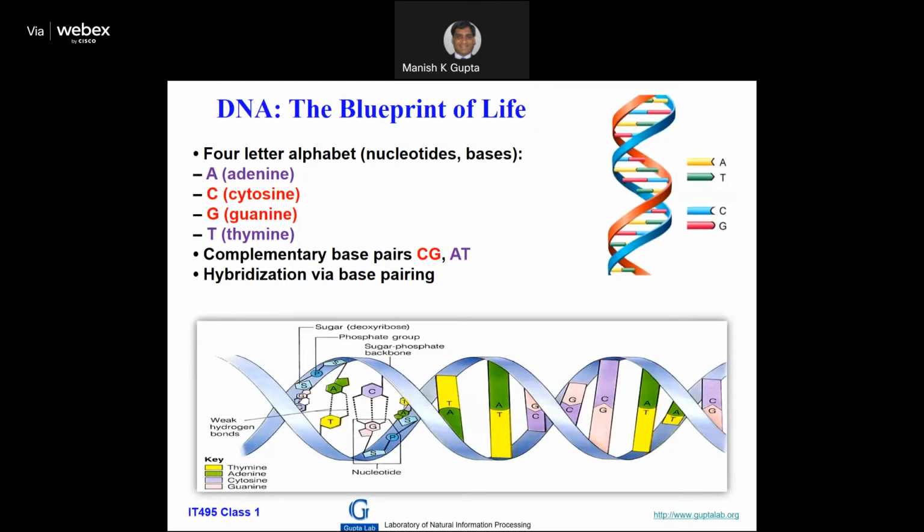So what is DNA actually? In the DNA, you have this phosphate backbone and these base pairs A and T and C and G, which are complementary. There are 3 hydrogen bonds between C and G, and there are 2 hydrogen bonds between A and T. You can see adenine, cytosine, guanine, thymine. I think some of you might have read some biology at some point, I hope. This process is known as single strand DNA forming hybridization with complementary base pairs. So there is a helical structure that is formed. This is a very common thing.